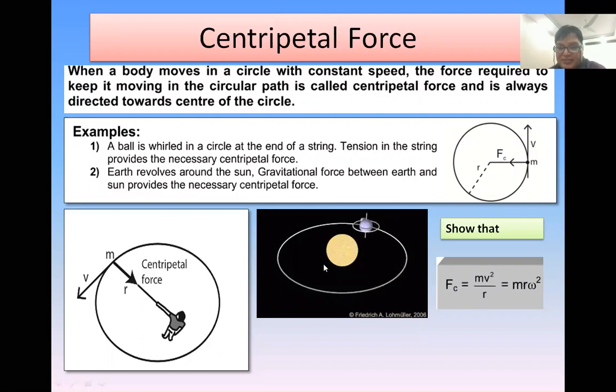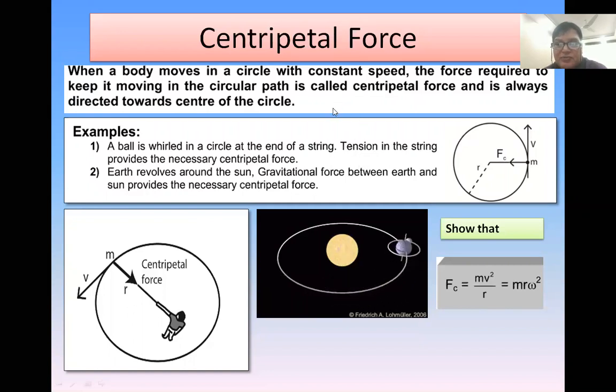This is the sun and this is the earth. The earth revolves around the sun by a force called gravitational force. You call that gravity. And the moon is revolving around the earth, also due to gravitational force. It means that there is a certain force which keeps the body in a circular path. If this force is removed, circular motion is not there.